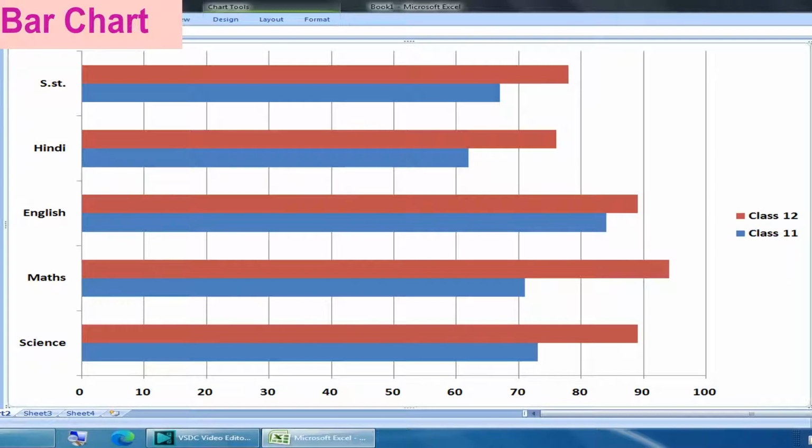Bar charts are most often used to show amounts or the number of times a value occurs. The amounts are displayed using horizontal bars. The longer the bar, the greater the number of times the value occurs. Bar charts make it easy to see the differences in the data being compared.